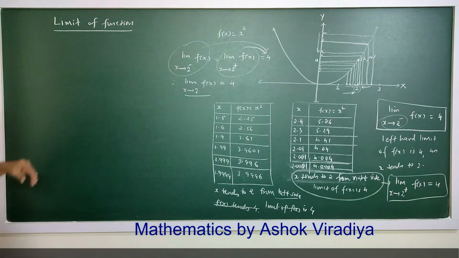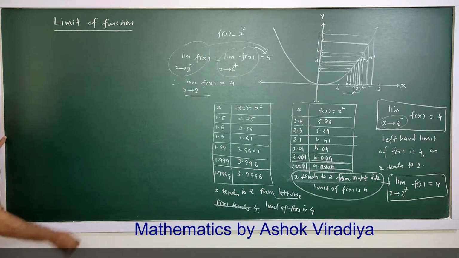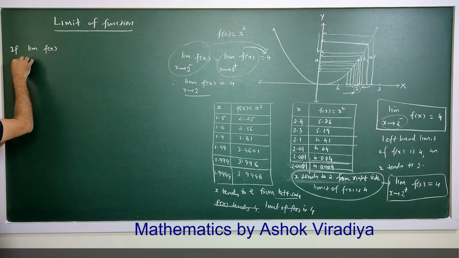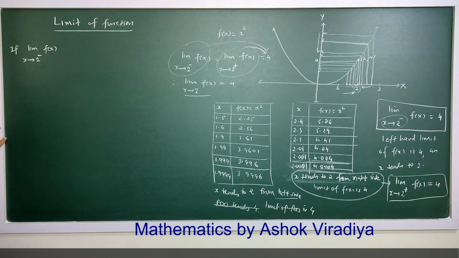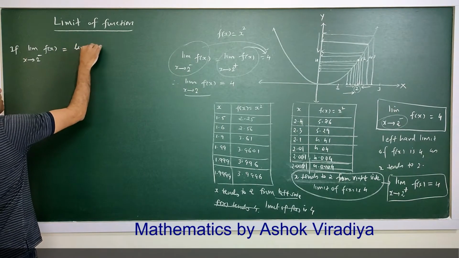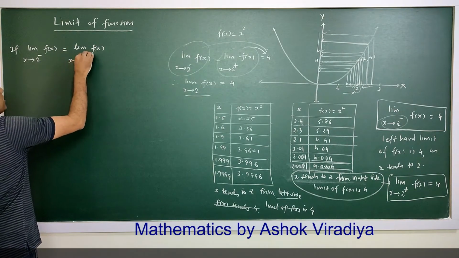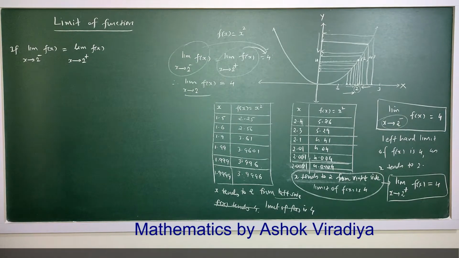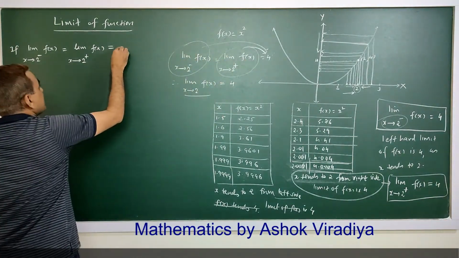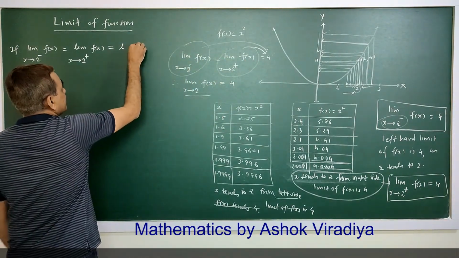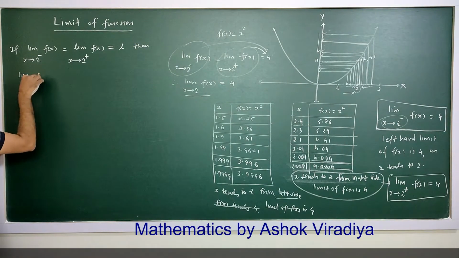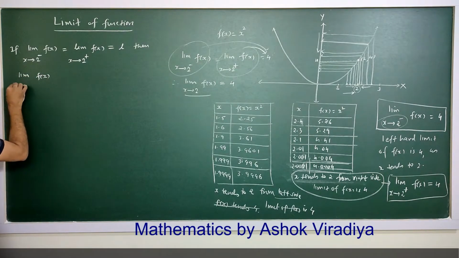So here now I am putting the definition that if limit of f(x) as x tends to 2 from left side equals limit of f(x) as x tends to 2 from right side, it is equal to, suppose this number is L, then we say limit of f(x) as x tends to 2